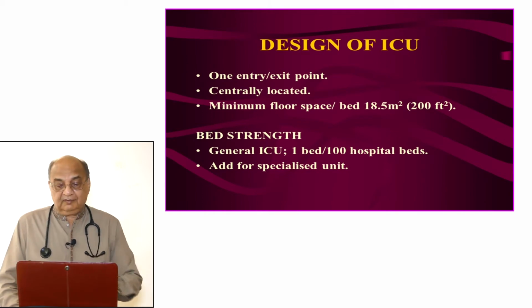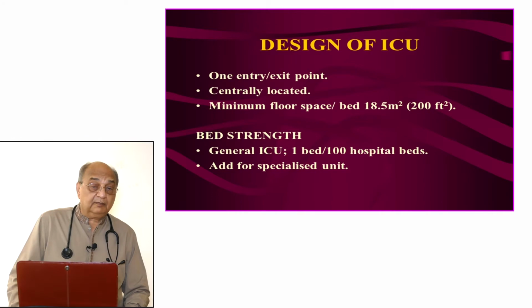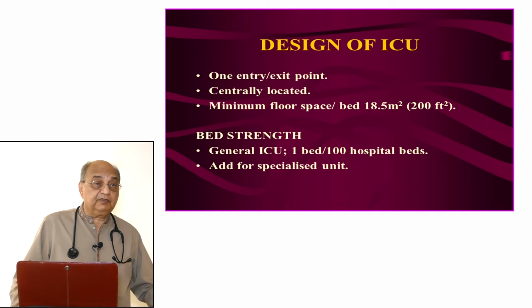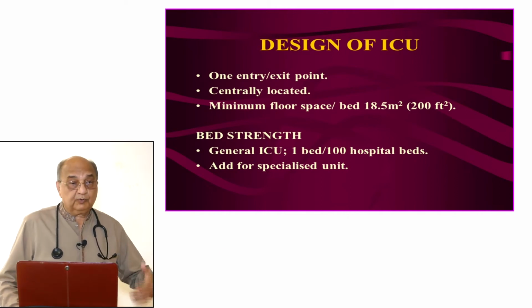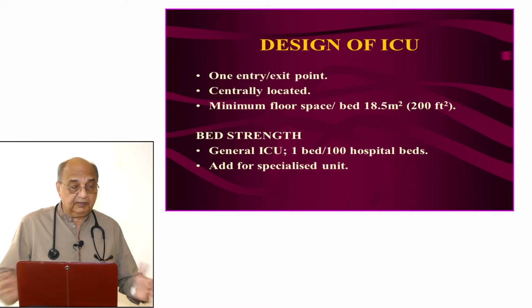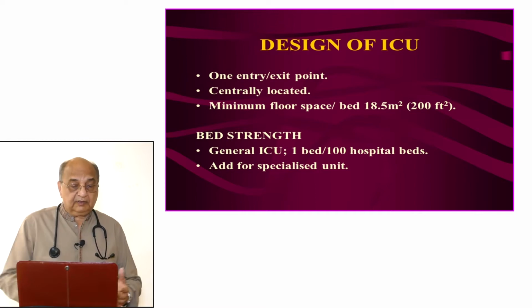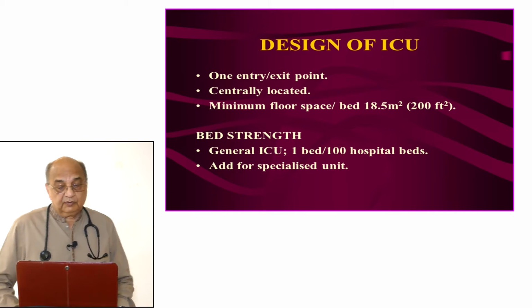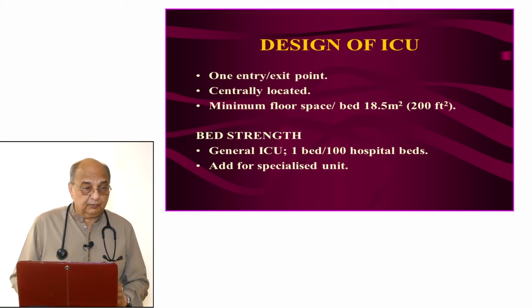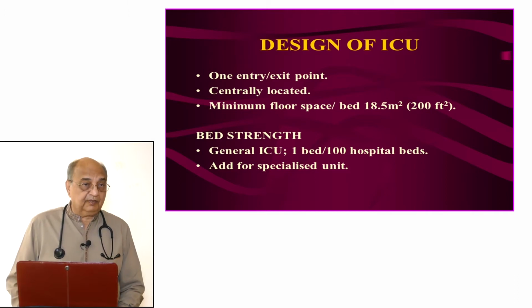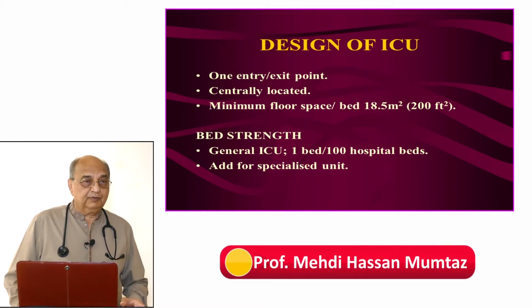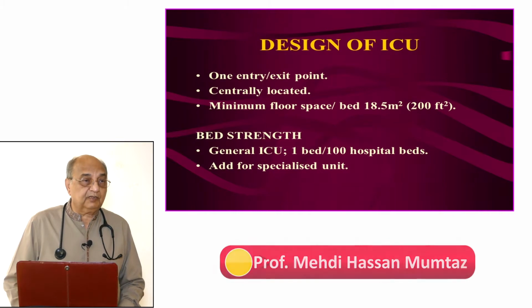But this space is needed because we have so many machines which come near to it. We do X-rays, C-arm, and we do procedures also. And there should be a computer on every bed. So for that we need space. And when the consultant comes, and when the doctors and nurses are looking after the patient, there should be space around the patient to look after that patient. So that's why this is the area, 200 square feet. It's quite a big area. We got 160 square feet in our ICU. So if we make it 200, we could hardly accommodate 5 or 6 patients.